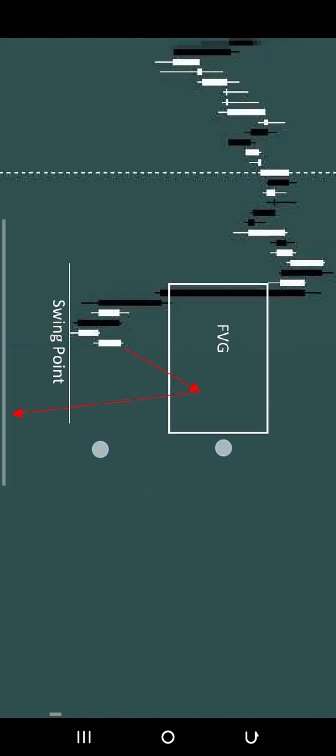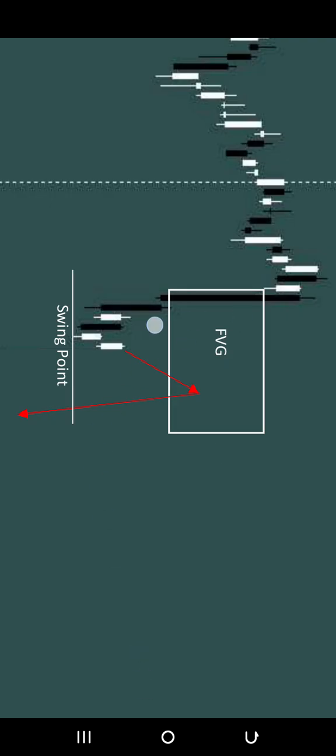This is a bearish trend. Now, when price is coming down in a bearish trend, it creates what? A bearish fair value gap. So look at the first candle, look at the second candle, the expansion candle, look at the third candle. Now, it is expected that price will go up into this fair value gap, tap into it, and the fair value gap will reject it downward.